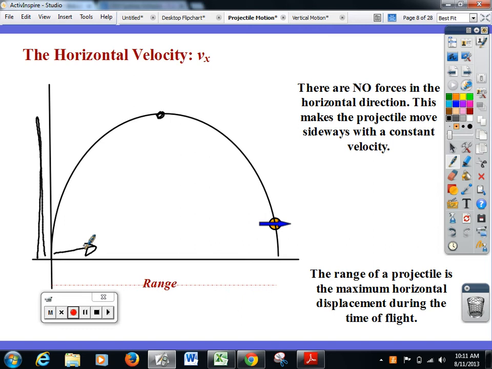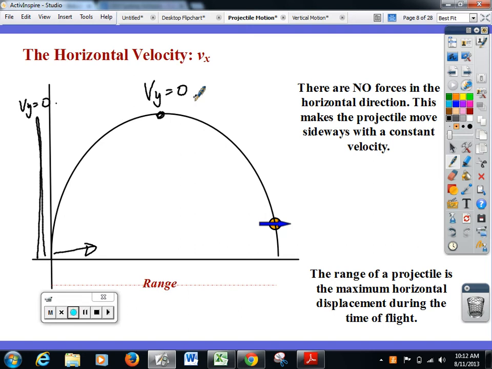So, at the top of the path, when I just threw that ball up, what happened at the top of the path? It no longer rises. Vertical velocity, Vy equals 0. So at the top of this path, Vy equals 0. But does horizontal motion still exist? Yes. Are we clear on that? You have to see these two motions as totally separate, even though they are combining for a single shape.